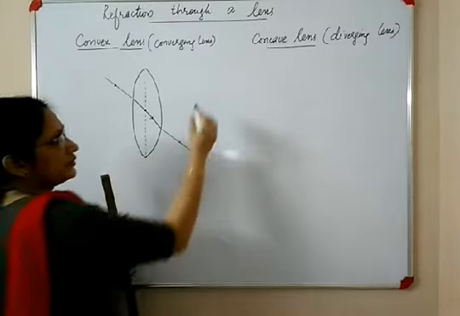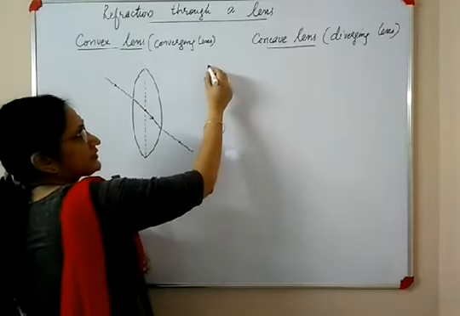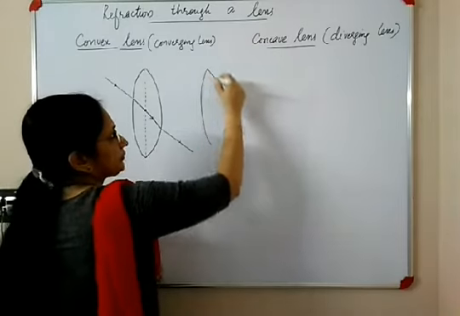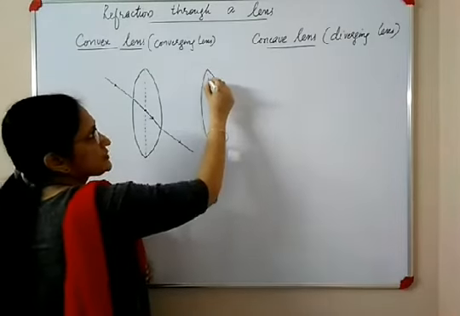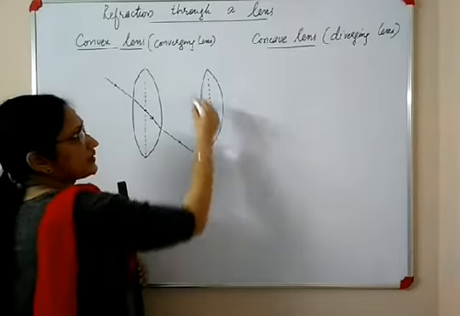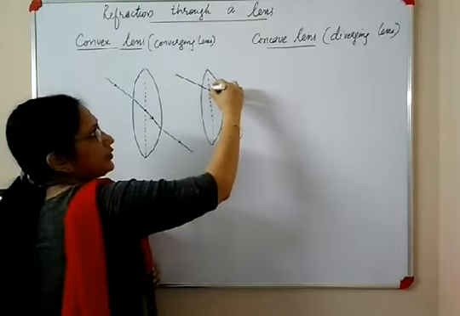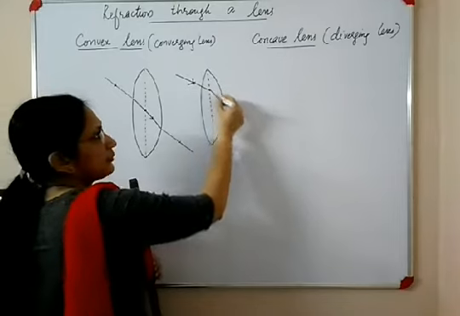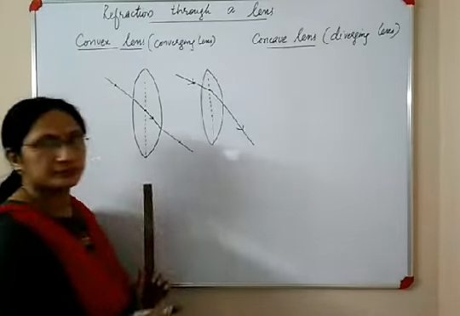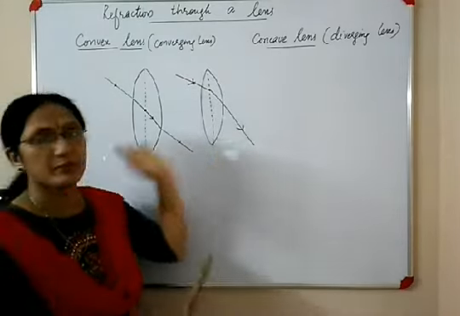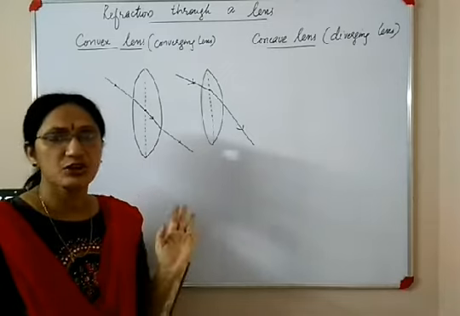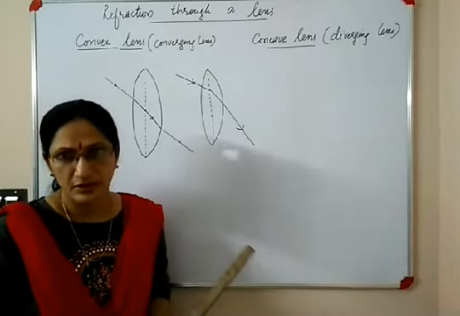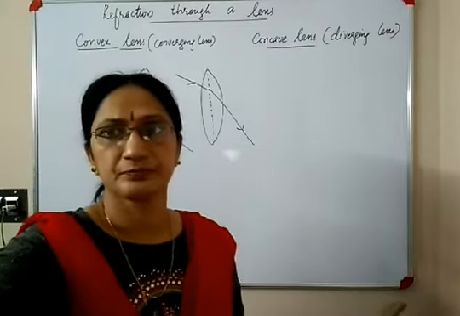So what we are doing while making the diagram is, this is the diameter of the lens. This incident ray we will draw up to this diameter. From there the emergent ray will be drawn. Only the incident ray and emergent ray will be shown in your diagram. In all the coming diagrams this will be followed.